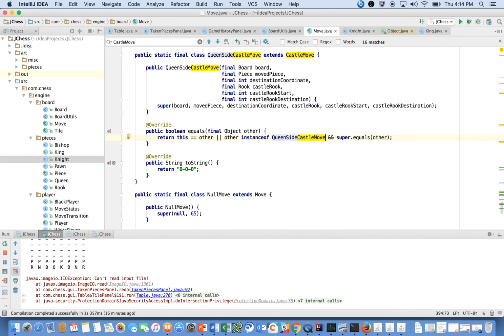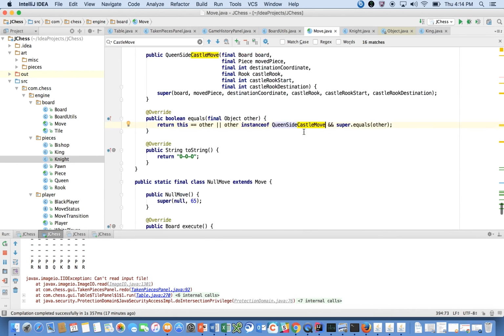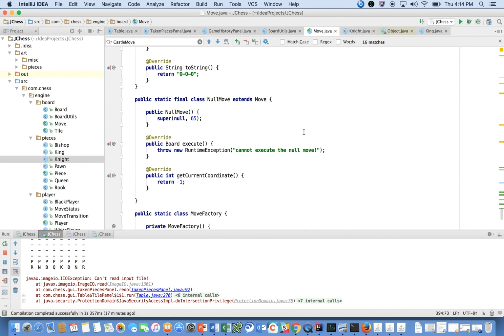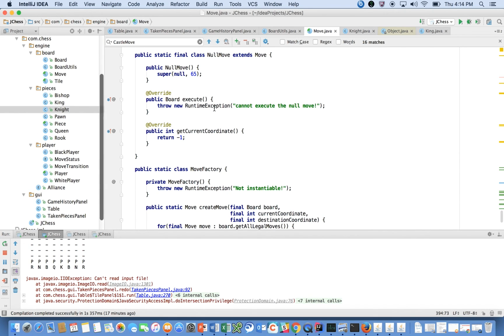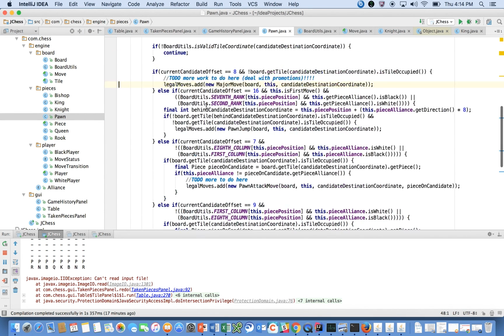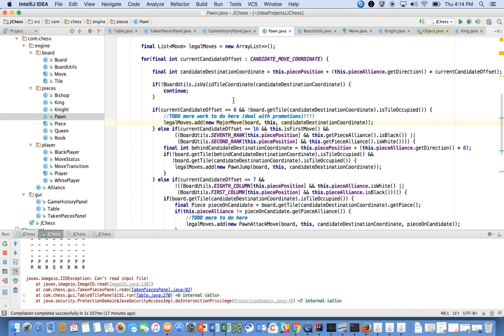All right. This should make things a little bit cleaner in the move class. And this is really setting us up for what we want to do with en passant. So it's definitely taken a lot longer than I'd hoped, but we've cleaned up the move class a lot. And in the next video, in the pawn class, we will go through the hand surgery of generating the